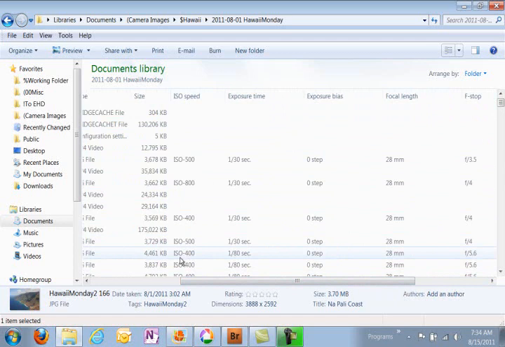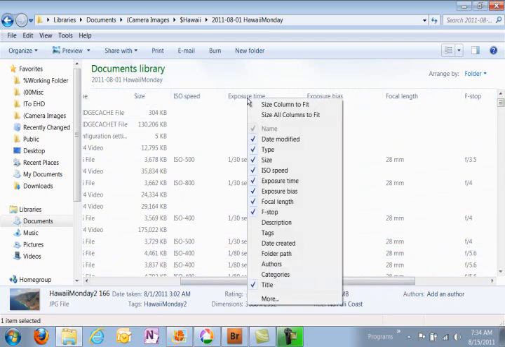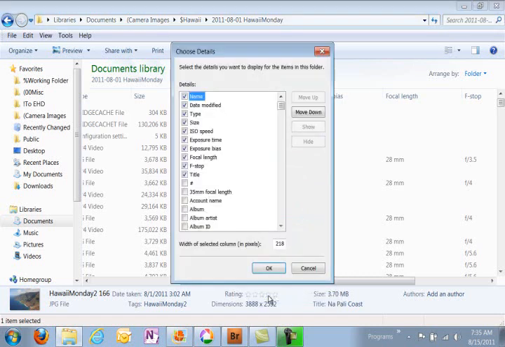But in order to get these to show up, all I'm going to do is choose any one of these up here and right click on it, and you're going to see that I have check marked the ones that I have viewable for me. But if you go down here to more, these are listed alphabetical. Once you choose them, they all go up to the top,